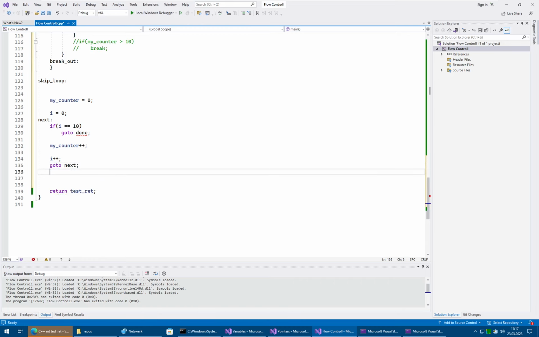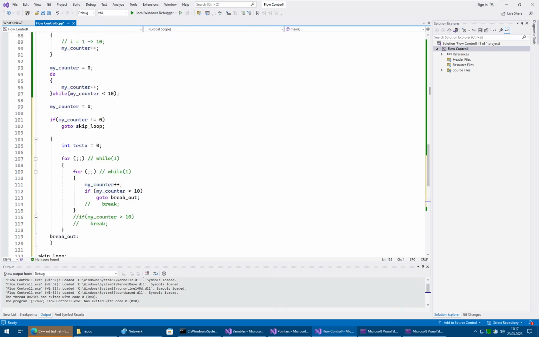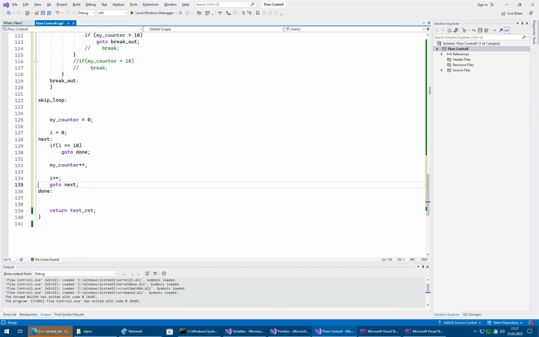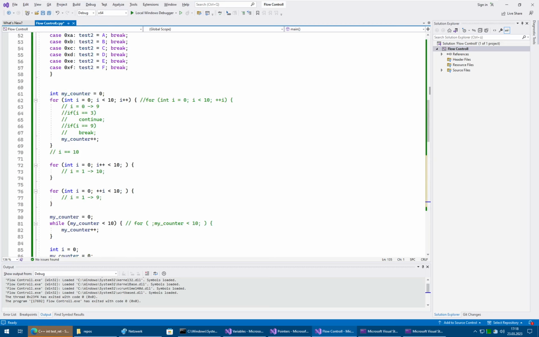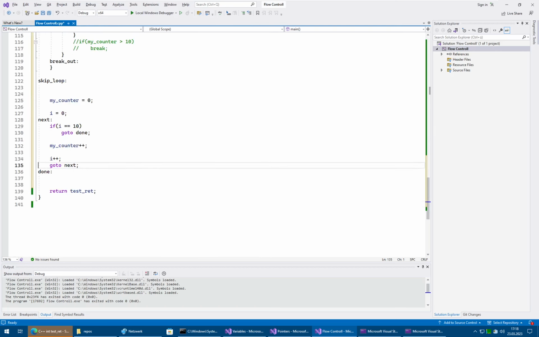And done. Oops. This is how one would interpret the normal for loop intuitively, let's say. But when you compare this with how our for loop is really implemented by the compiler, you will see that the actual implementation is very slightly different, because as we see,